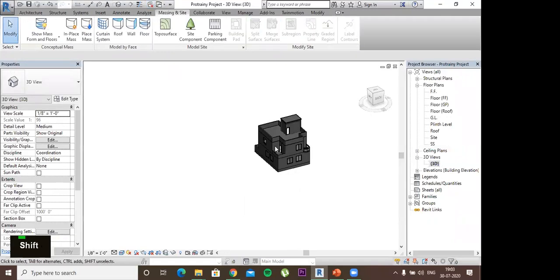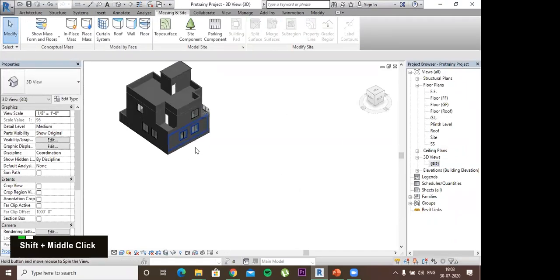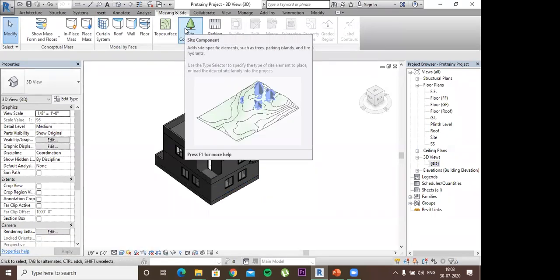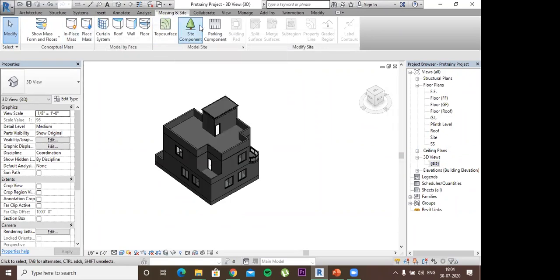Okay, now in the massing in site there is one more thing called site components. Generally this is a step which I take at the very last point of the project, because when we apply different types of site components, your PC should have either very high graphics or a very high amount of RAM, more than 8 GB, because your software might get sluggish after you add site components. That I'll show you.